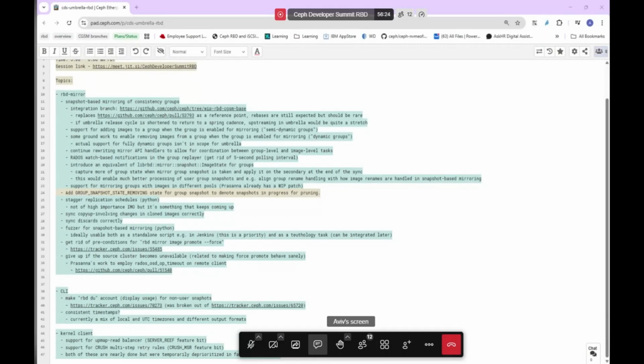until the Tentacle release. Now that is in place. It was implemented by DNA. But the part where the RBD disk usage command gets changed to take advantage of that was broken out of the original